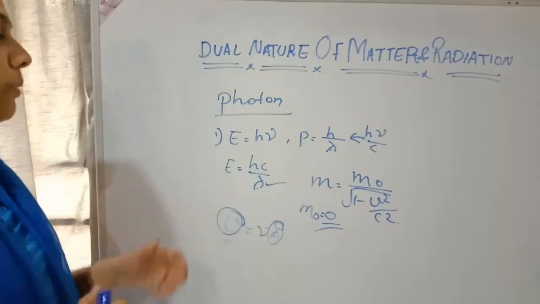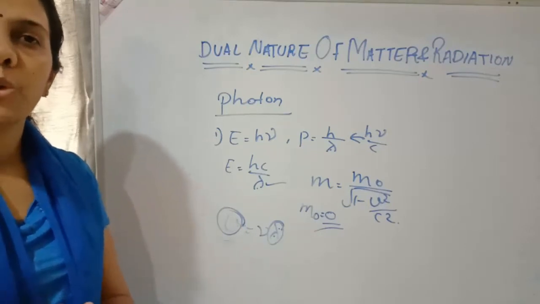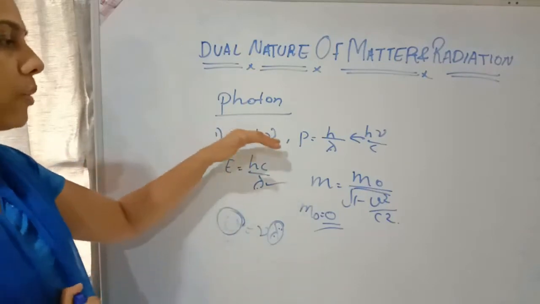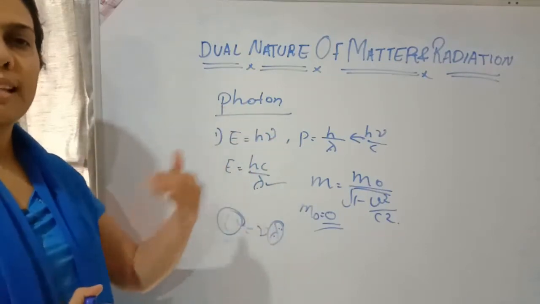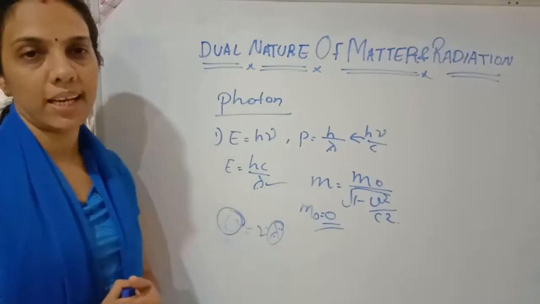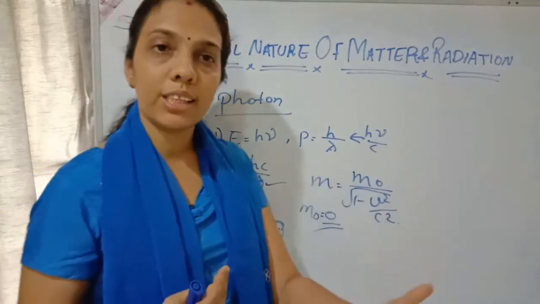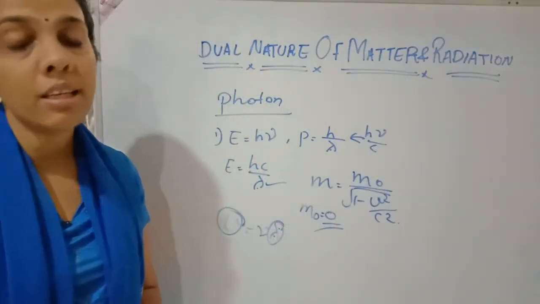And what about the energy of the photon? The energy of the photon won't change from one medium to another since the frequency remains the same, but the velocity will change slightly depending on the wavelength with respect to the medium. As the medium changes, the wavelength changes, and according to that the velocity will change.